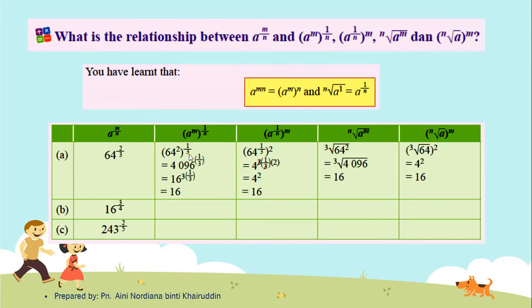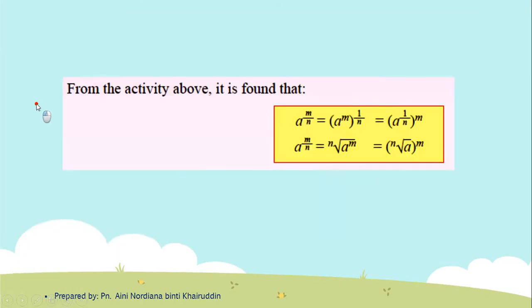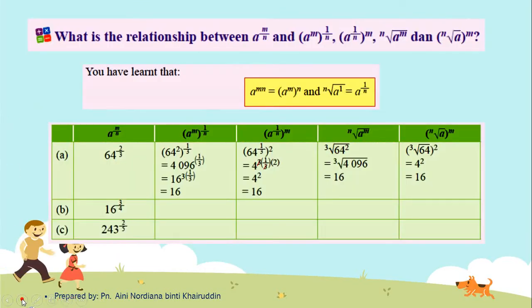Okay, let me show you how this goes. So let me use my pen. Okay, so for this example, I use my pen. Okay, so this is